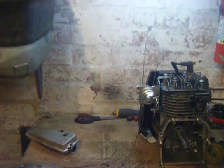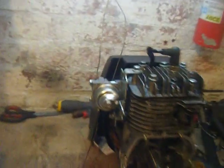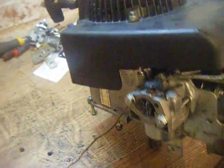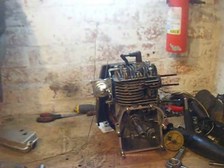But then don't forget, your carb's going to be at a weird angle. If you flip your bike onto its side and you've put this carb on the right way round for this engine to run in this position, then you're going to be pissing fuel out everywhere. So that's going to be another problem. But really, you're going to have no other problems,